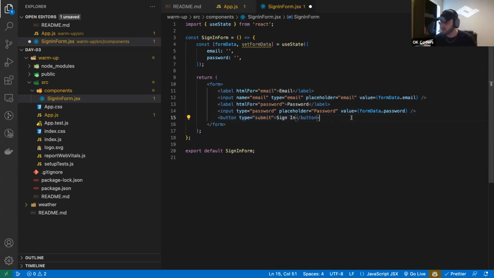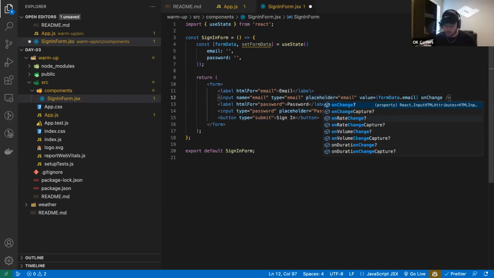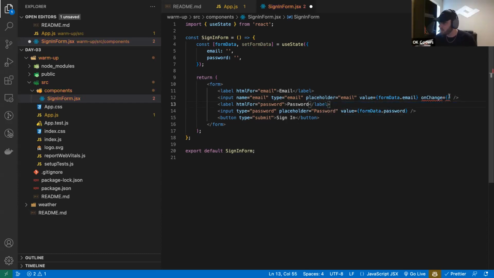Okay, so now I've got this button. This type is submit. Got these things, and then what do I need on these inputs to update their values? Need an onChange. Yeah, so I need an onChange property attribute. And then what needs to go inside of here? We'll need a function, right? So I've got that, and then